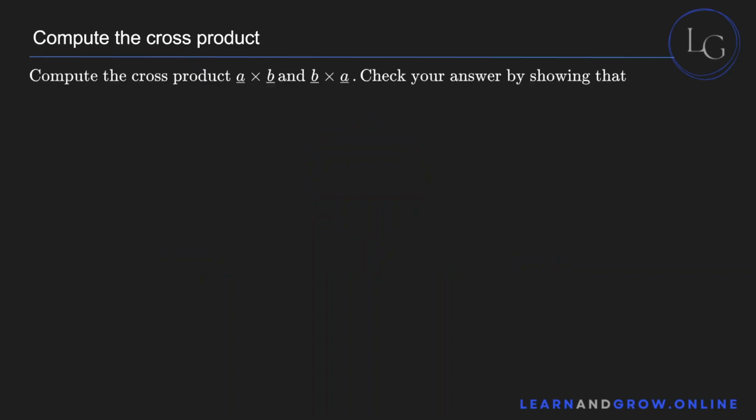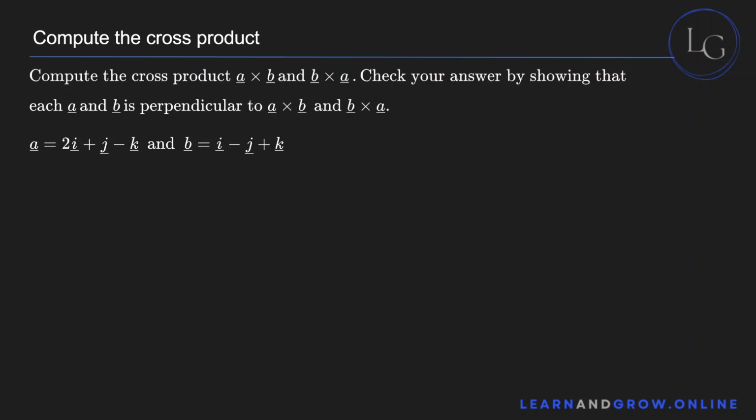Now let's compute the cross product. Let's see how we can compute a cross product. And it says that we have to compute the cross product of A and B. So A cross B and B cross A. Now remember,